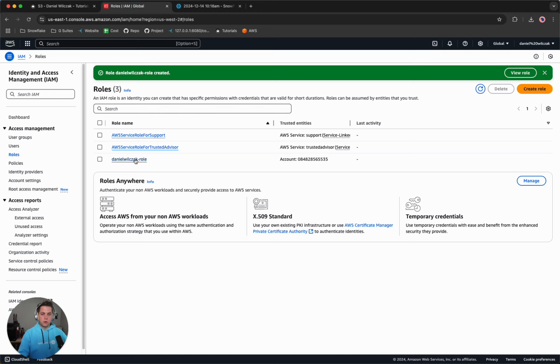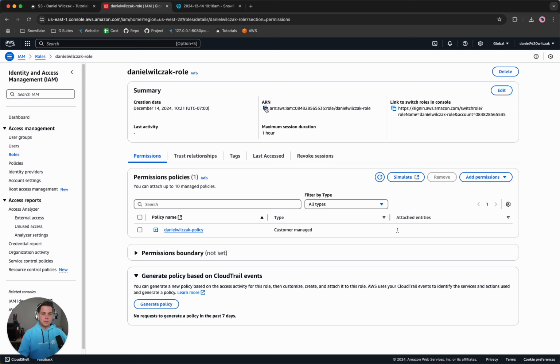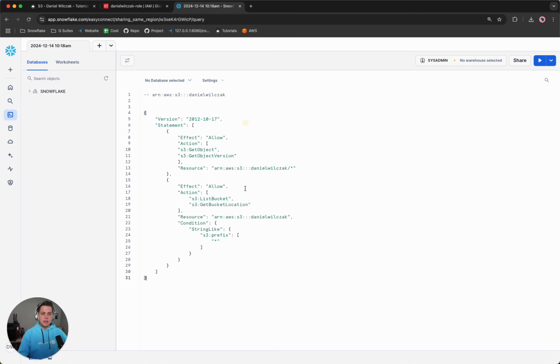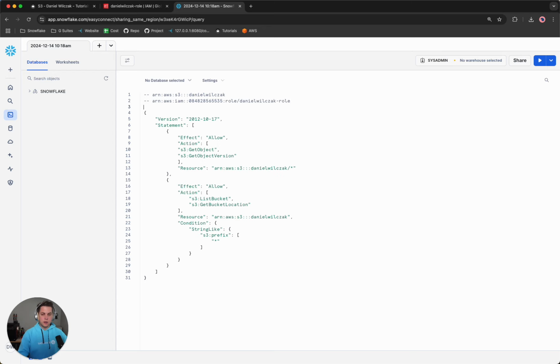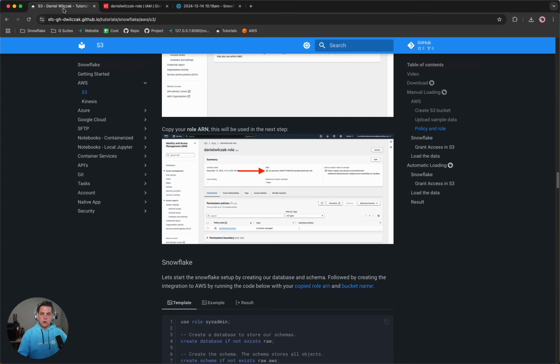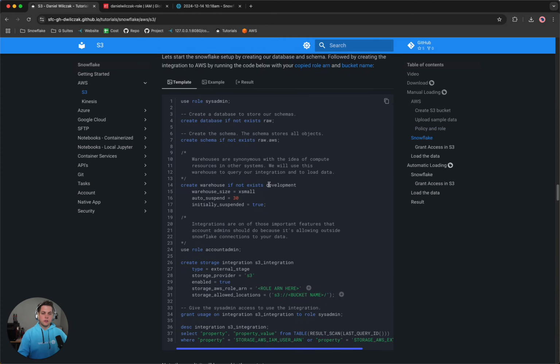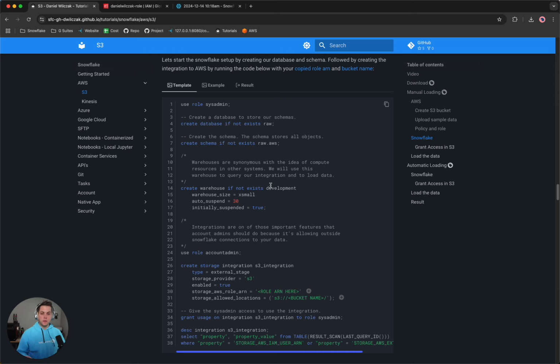So we'll go over, we'll click our role, we'll copy that ARN, and then the next part is we'll want to paste that in. And so we could paste that in at the top if we want to have all of the things that we've copied earlier. Great. Head back to the tutorial, and the tutorial will now want us to create a few things inside of